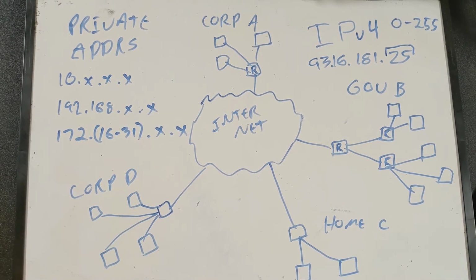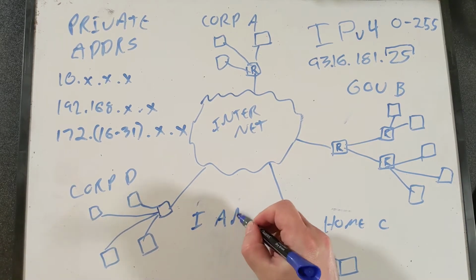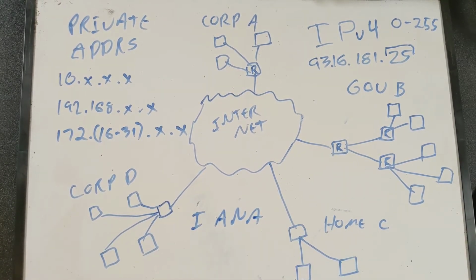The alternative to a private network is to assign all the machines on your network public internet addresses. And to do that, you have to make sure that you have unique public addresses. So you're going to have to request for some addresses to be assigned to you by the Internet Assigned Numbers Authority, the IANA. Now, the IANA is the Global Internet Number Authority. So if you're actually going to do it, you'll probably go to your local number authority. There's one for each continent approximately. But you have to have an authority assign you a range of addresses so that you have unique addresses.